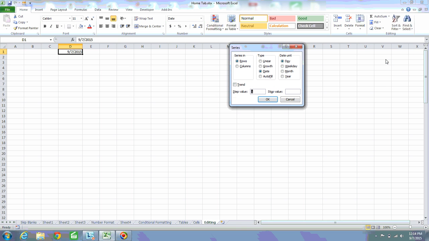Now let us go to series and select date and day. I want to go by each day, and the step value is 1. It means it will be incremented by one value. The next value is 9/8, then 9/9, 9/10, 9/11, like that. If you want to increment by 2 days, you can go along with 2 days. It means it will be 9/7, and again 9/9. Now I want to increment by 1, and the last value is